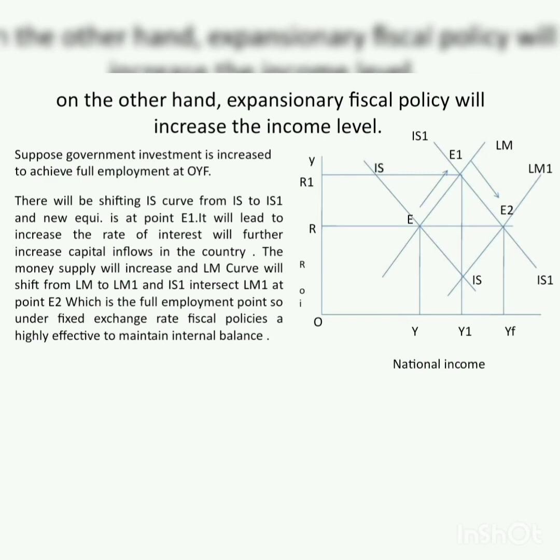Because of the increase in the rate of interest, there will now be large capital inflows in the home country, and because of these large capital inflows, the money supply will change, which will shift the LM curve from LM to LM1. Now there will be a new equilibrium at point E2, where our objective of full employment national income will be achieved with the help of the fiscal